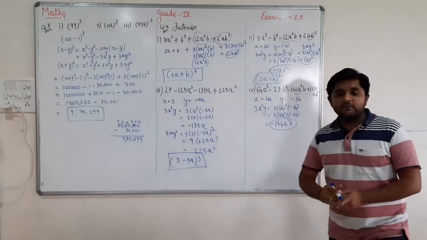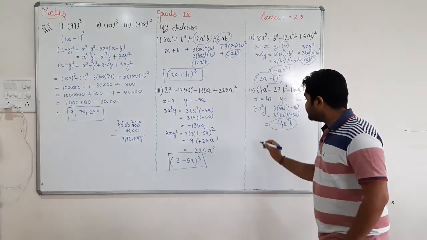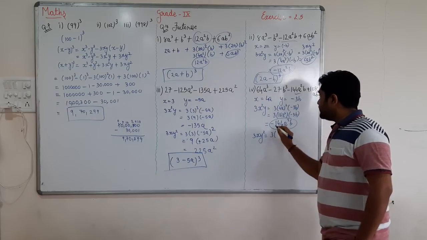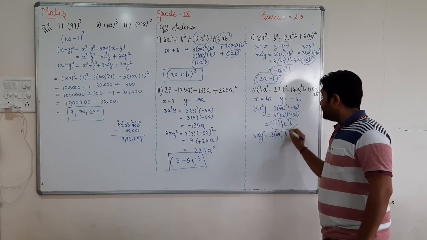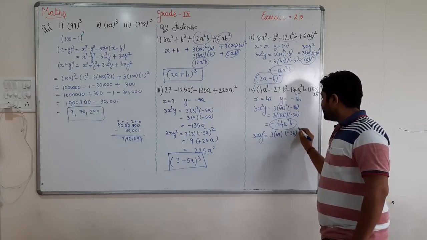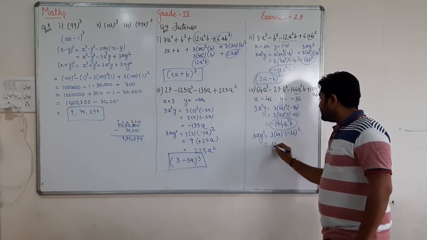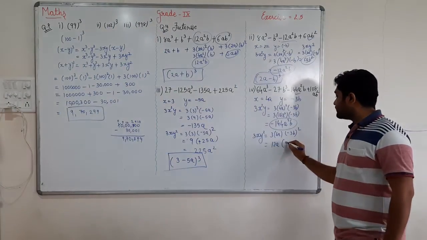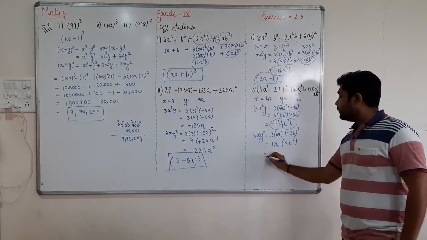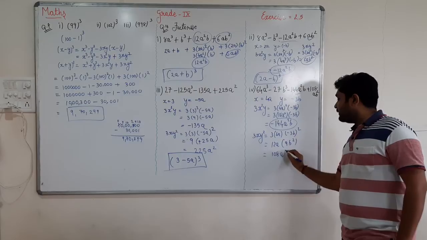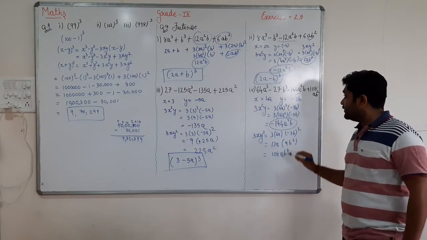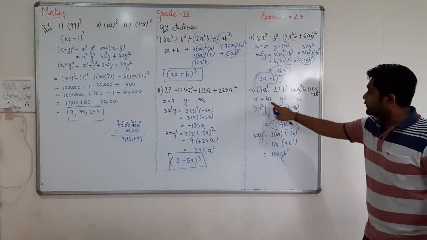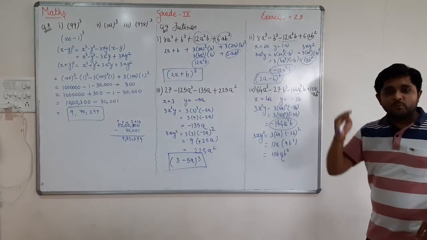Now let me find out 3xy square is equal to 3. In place of x we can write down 4a and our y will be minus 3b square. 3 4s are 12a and minus 3b square. So 3 3s are 9b square. So 12 9s are 108ab square and it is a plus. So we got it, yes. So we can say that this is the expanded form of 4a minus 3b all raised to power 3.